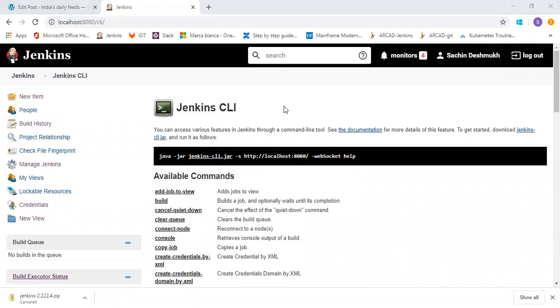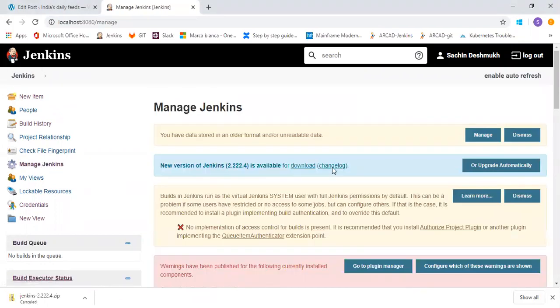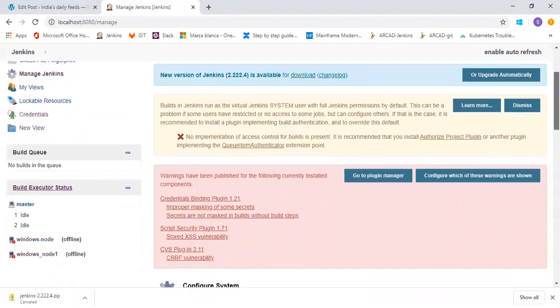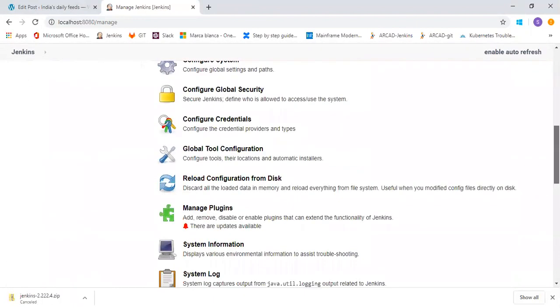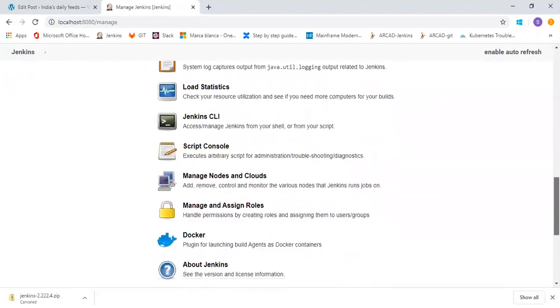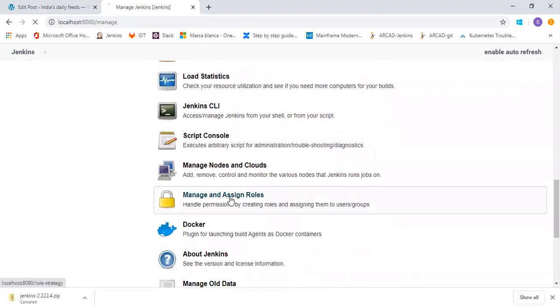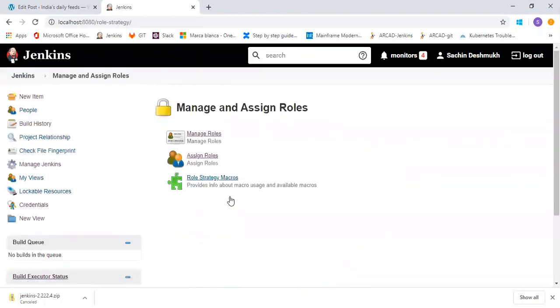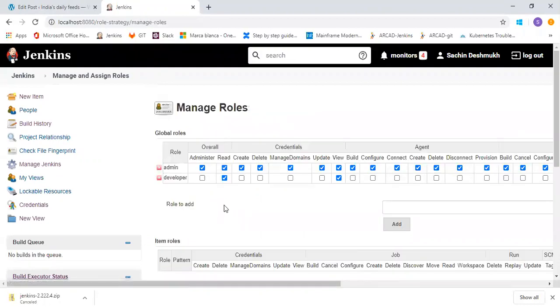Next thing is manage and assign roles. Previously I told you that you need to have your strategy. So we have chosen a role-based strategy. If you go to the manage roles section, you can see there are two roles already available, that is admin role and developer role.